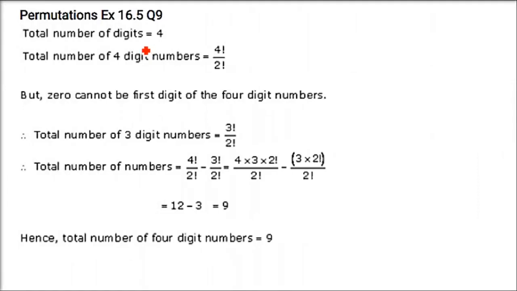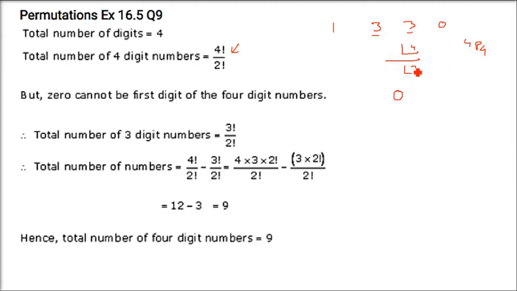How many numbers of 4 digits can be formed with the digits 1, 3, 3, 0? So 4 are total, 4P4. 4 are there and 4 arrangements, taking 4 at a time. So total number of 4 digits: 3 is repeated, so factorial 4 by factorial 2. Now these numbers will include all the zeros also when they are coming in the first place.